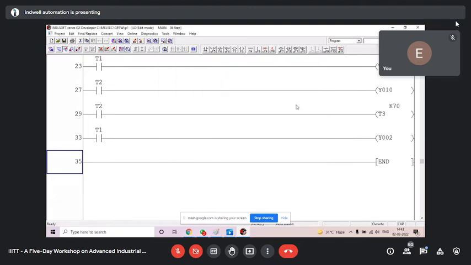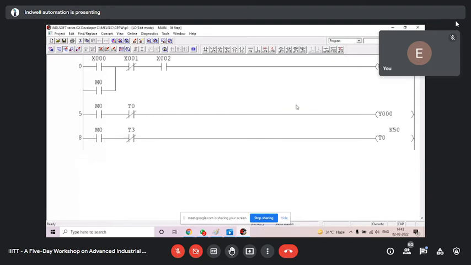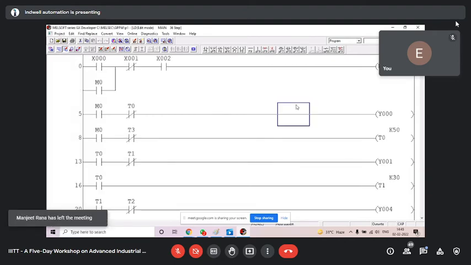Close. Now you don't need this software. This software is not required. Now your program is inside the PLC. You can remove your cable from the laptop, remove all communication cable. You take that, keep that in your bag. Your PLC has one program inside it, and it is connected to field devices, inputs, outputs.